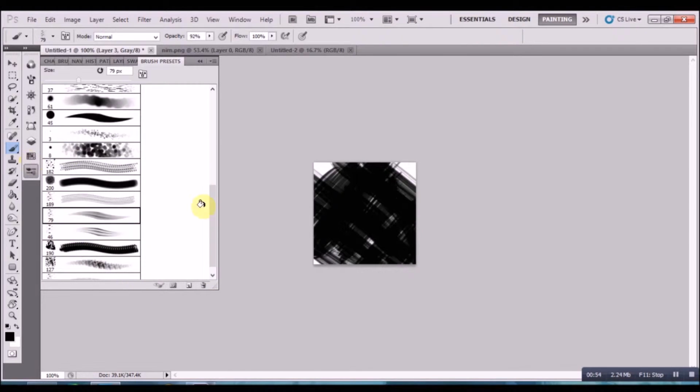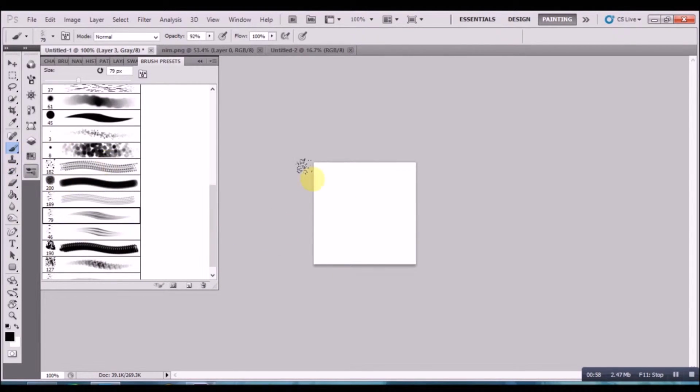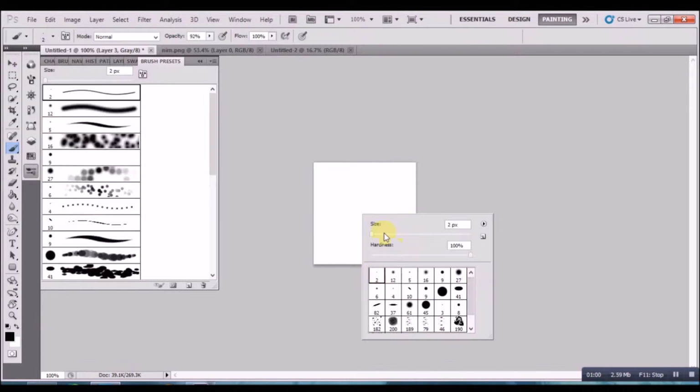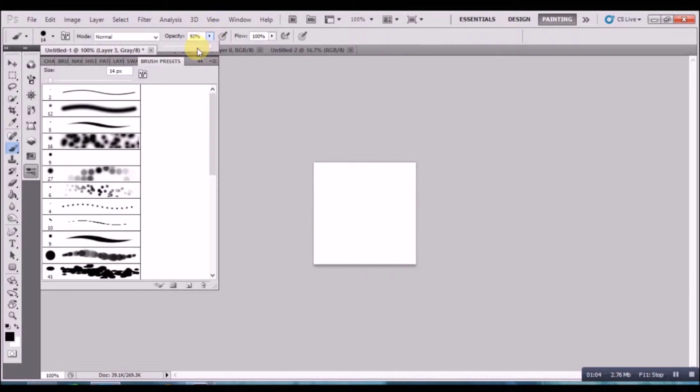So in order to make a brush like this, you just need to get a hard round brush of about 14, 16. The opacity needs to be pretty low, and you just need to make a few dots here and there and make some opaque ones in the middle, and then you want some smaller, less opaque ones just here and there, just to add some texture and some interest to the brush. Okay, so that should be enough.